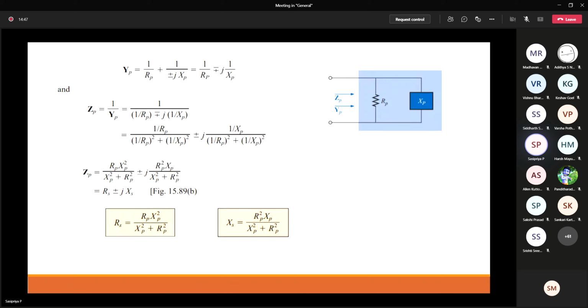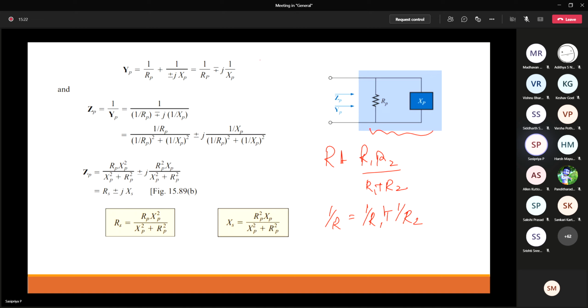As usual, we know that the total impedance offered by this network can be calculated, like how we write an expression for R equal to R1 R2 divided by R1 plus R2 if it is a simple resistive network, whereas here it's a combination of resistance and reactance. So as usual, we can write 1 by R equal to 1 by R1 plus 1 by R2. If I use that expression, then I have this.